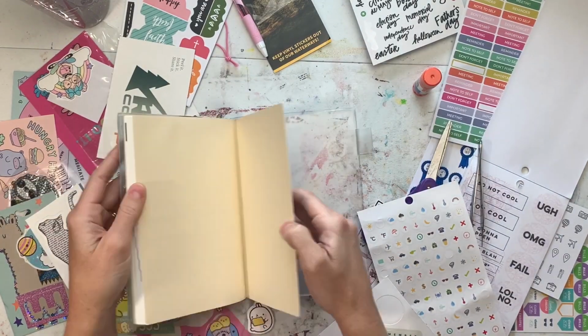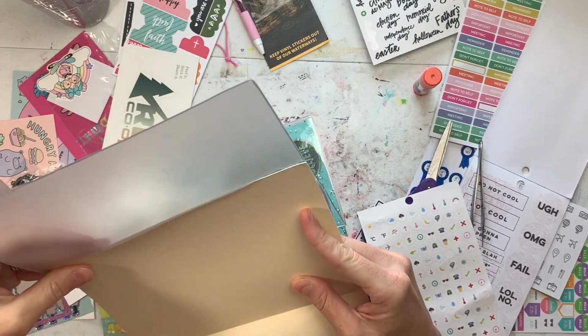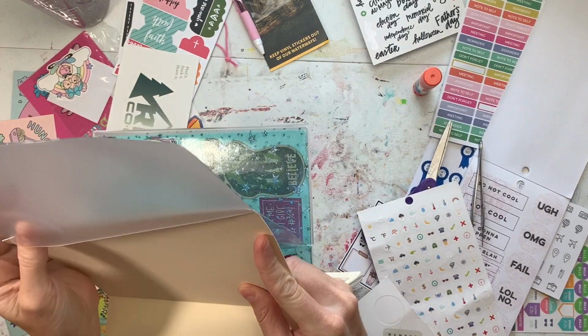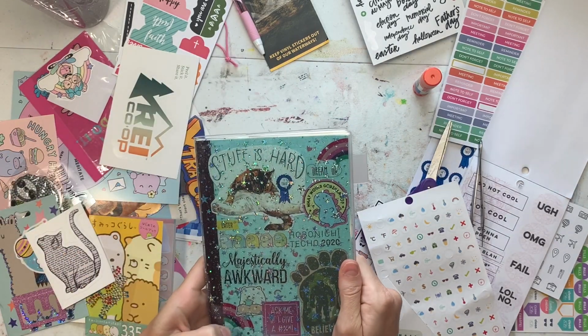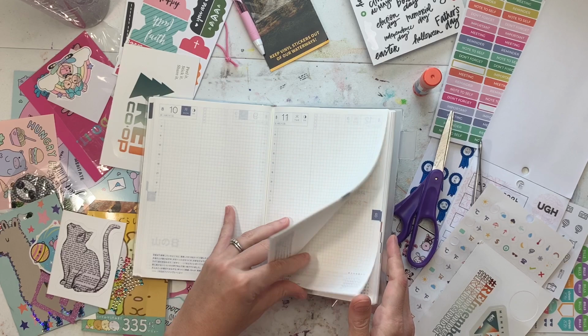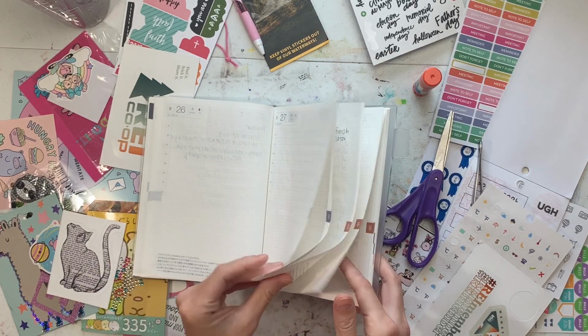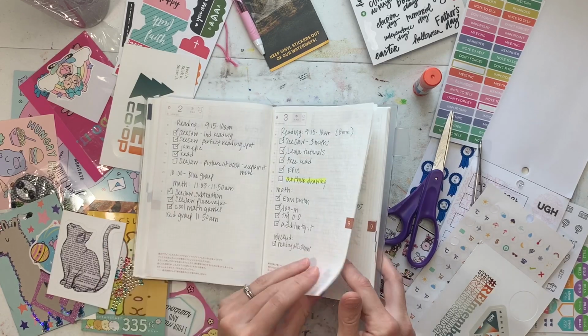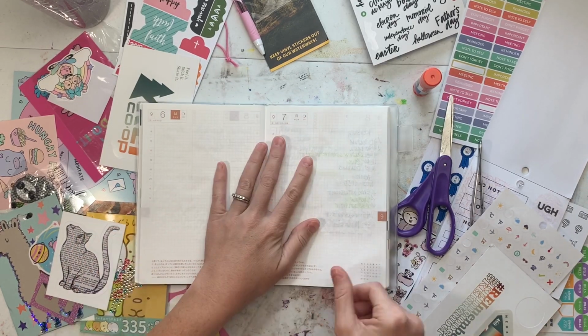Those were like die cuts that somebody had given me, and I just thought it was perfect. Because, like I said, 2020, and we can't forget these precious memories, right? So anyways, flipping forward to where we are in this hellacious year,